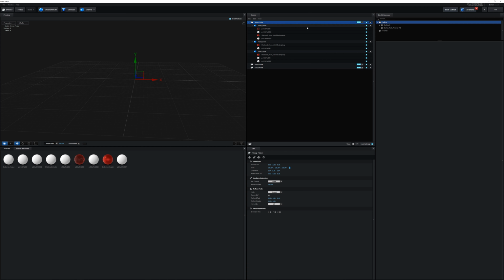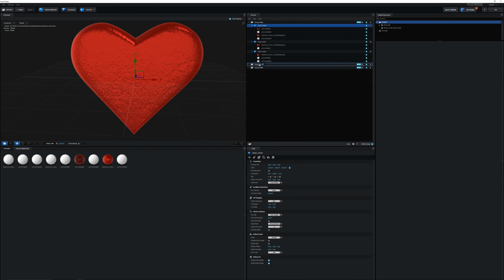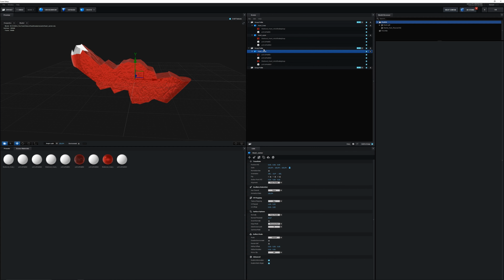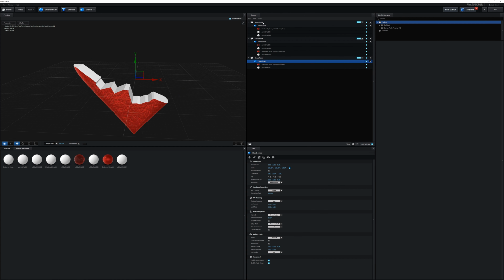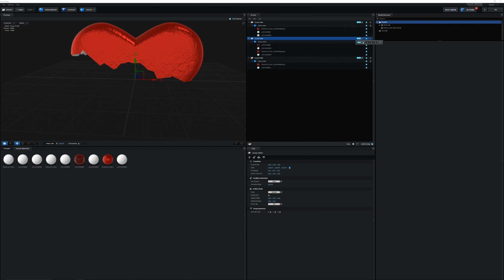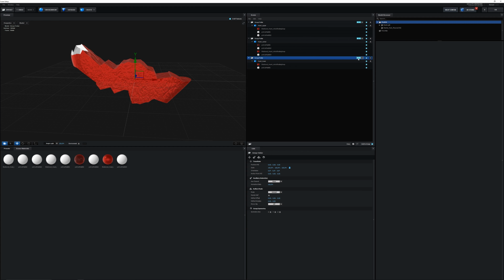For the first group, we can leave the upper part in there. So we'll take out the center, put that in group 2. Click and drag that over the group folder. Then for the heart lower, drag that to the bottom here. All 3 groups need to have a unique ID. So 1 is going to be the first one, and then 2, and then 3.